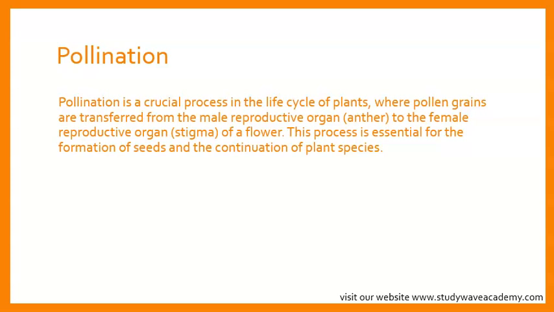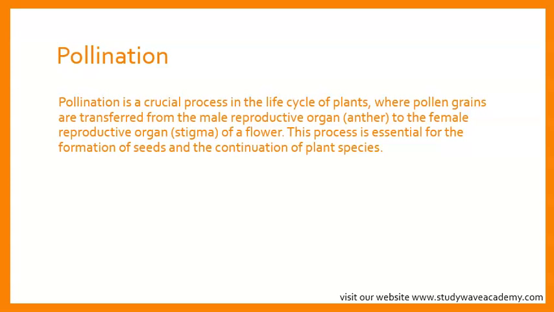Do we understand that? Pollination in plants refers to the transfer of pollen from the male reproductive organ to the female reproductive organ within a flower. Okay? Do we get that? Pollination in plant means the movement of pollen from the male part of a flower to the female part, and this process is essential for plants to make seeds and reproduce. Okay,